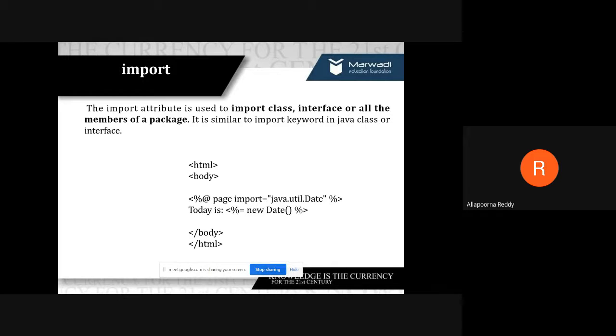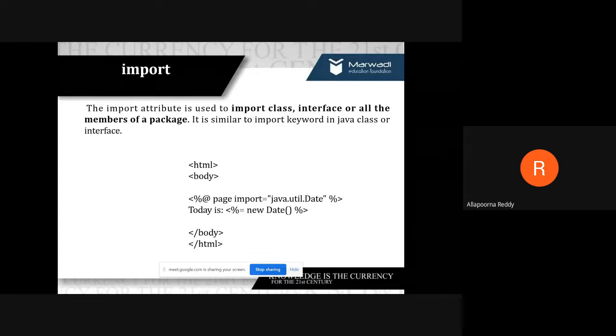Import is used to make use of classes, interfaces, or packages, whatever is required at that particular moment to compile or execute your JSP file without any errors. So we need to import some packages, classes, or interfaces.